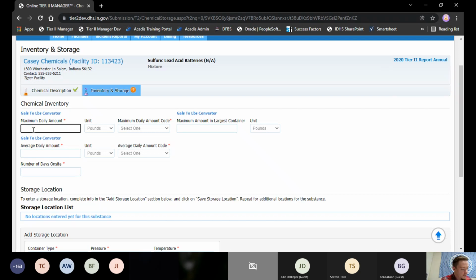So maximum daily amount. The maximum daily amount is the largest number of the chemical that you're reporting that you could have on site at one time. So for this example, I'm going to go with 10,000. But for you, in your case, when you're doing your reporting for your chemical, you're going to want to figure out what's the maximum amount that you're able to have on site. Similarly, the